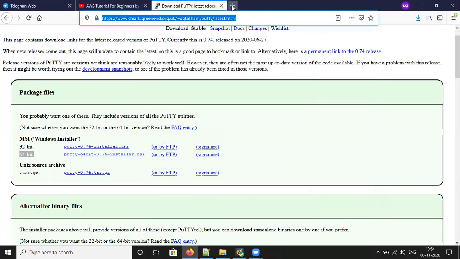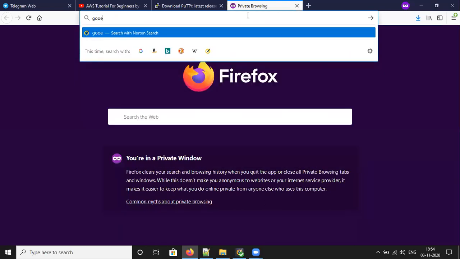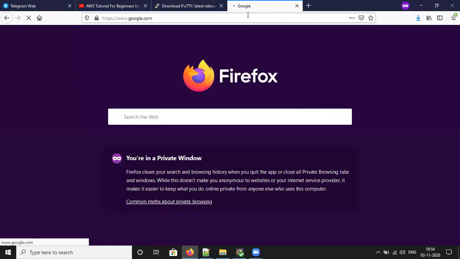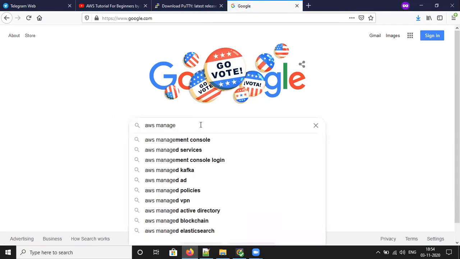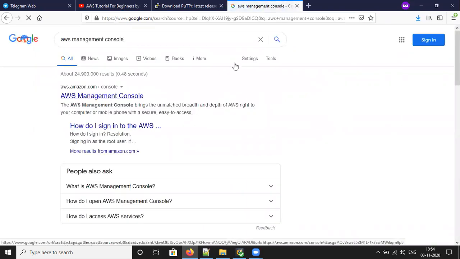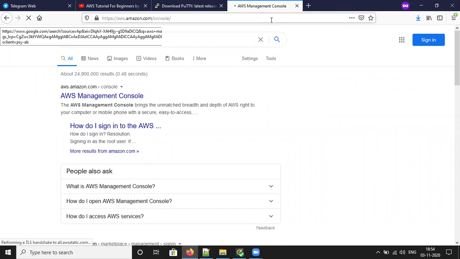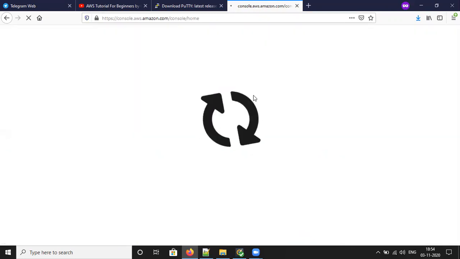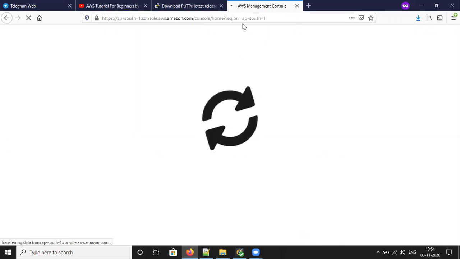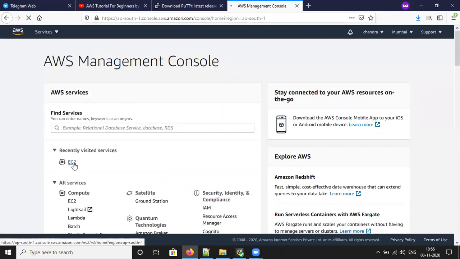Then log into your AWS account. Click. Use your login information and log in. Click on EC2.